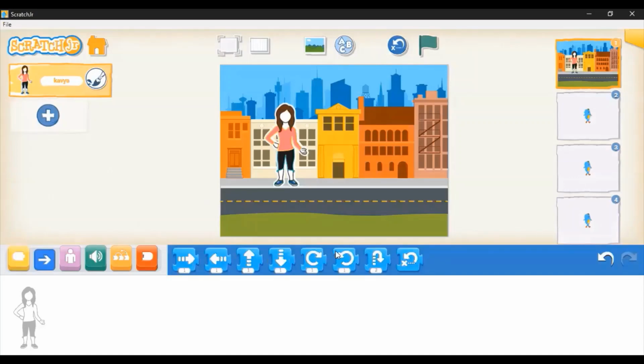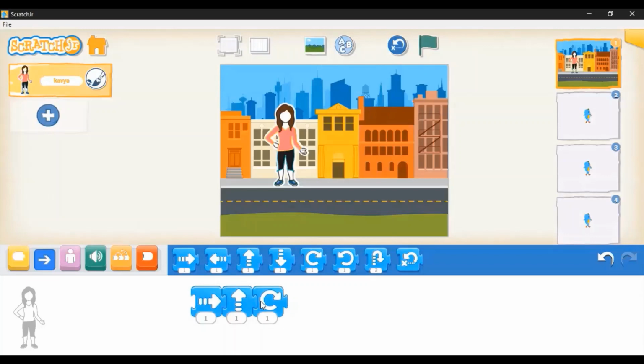So I select the motion block. Here you can see I can program my character to move in different directions. What you have to do is you just have to drag this and place it down. Now this white portion is known as the programming area. When I take this block, I connect it here, I take another block, I connect it here, you have to connect them properly.